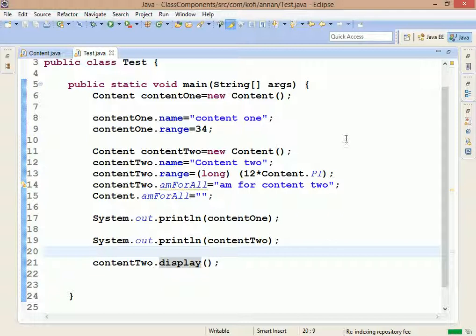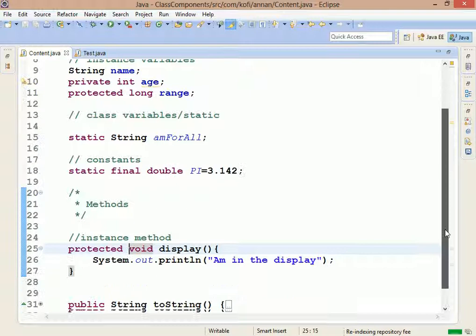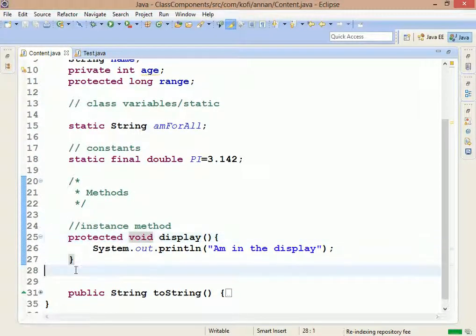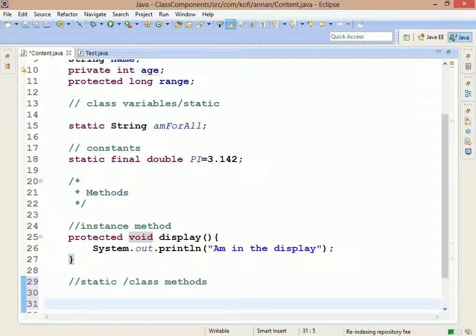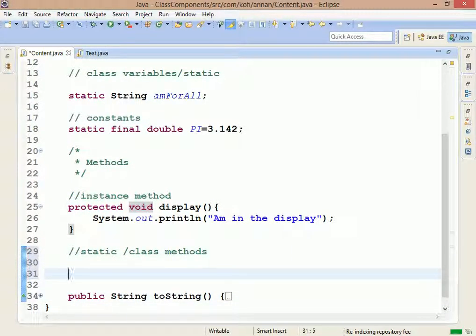So this is one instance method. Then the other kind of method is class methods or static methods. Those are any method that starts with the static keyword. So static